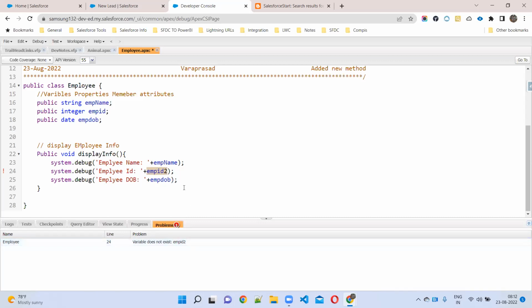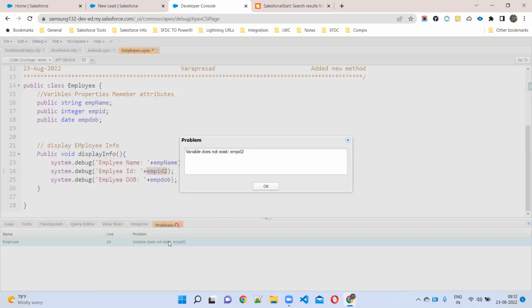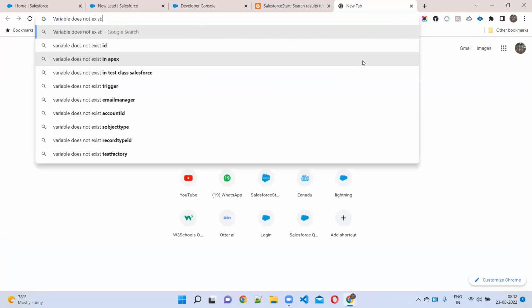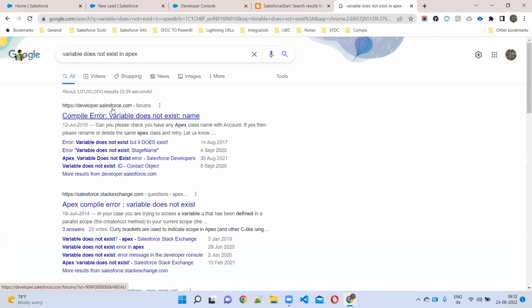Generally we are printing variables here, right? So is Employee2 there anywhere? Is the variable declaration there anywhere? No. So in case you are not understanding this error, copy the error first. Make it a habit from today onwards, madam: instead of asking other people directly for help, first we have to research. Search for 'variable does not exist in Apex'. Simple. If you open 3-4 blogs, you will get the answer.